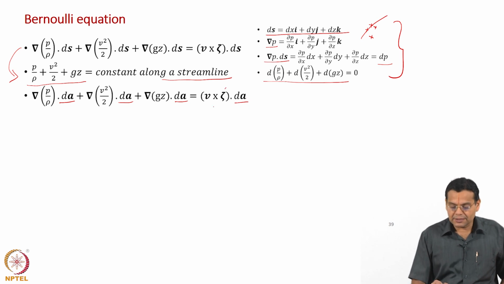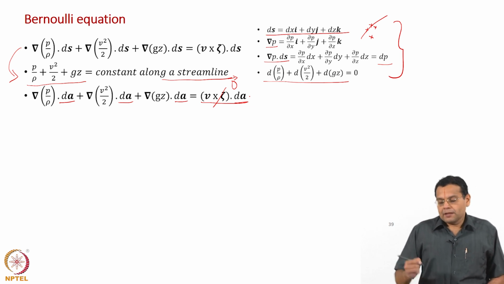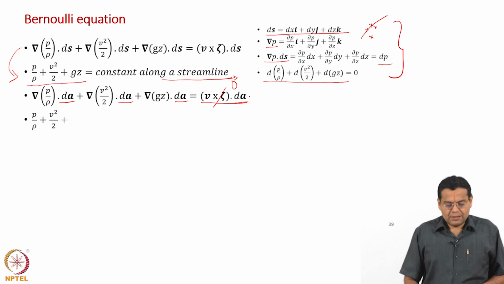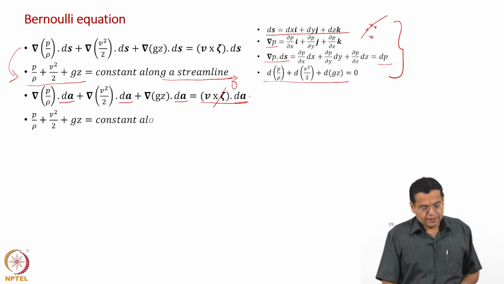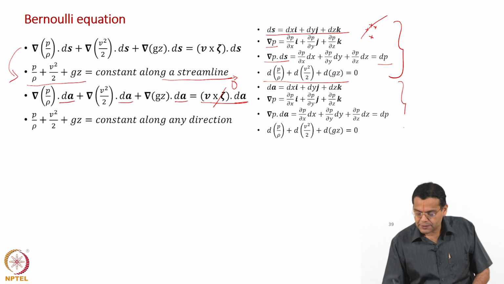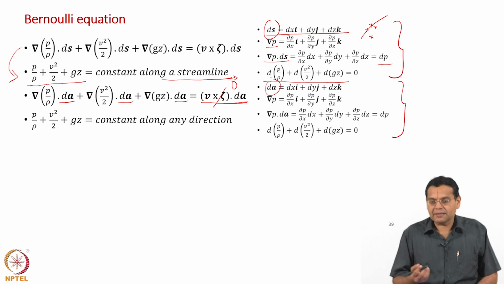Why do we do that? Because this is 0. So, right hand side vorticity is 0 vector. So, right hand side is anyway 0. So, I can take 2 points along any direction. Now, what happens? If you repeat the same steps as we have done earlier, but instead of ds vector I have some dA vector along any direction, once again expressed as dxi, dyj, dzk.